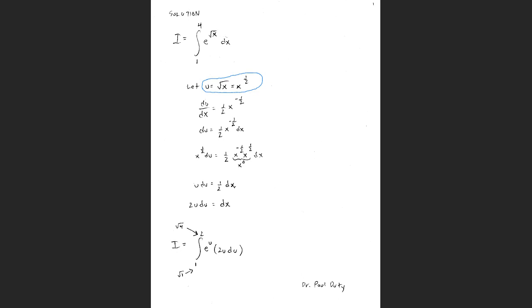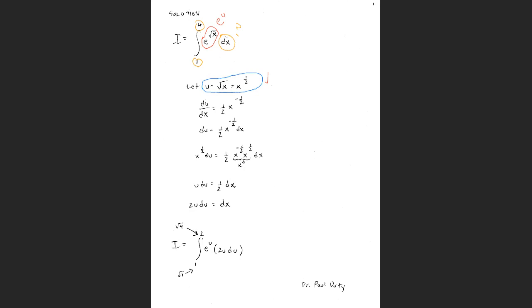So e to the square root of x is the same as e to the u power with this substitution here. But now the question is, what is dx going to become? And what about the two limits? They also have to be converted. Well, so